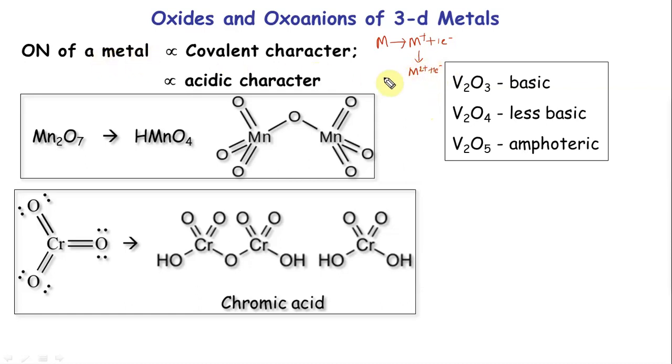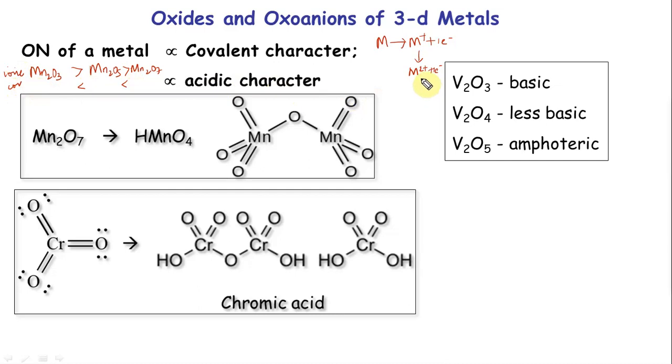So the oxidation number of a metal is proportional: the higher it gets, the more it wants the electrons back, but it cannot take the electron back, so it would like to share it. So anytime you have a higher oxidation number metal, it's going to be more covalent than a lower oxidation metal. How this can be asked is, for example, M12O3 is more ionic than M12O5, which is more ionic than M12O7, which is opposite of saying this is ionic, this is covalent. Same goes for acidic character.